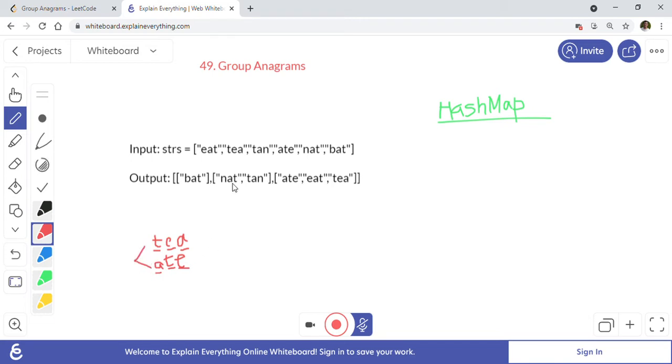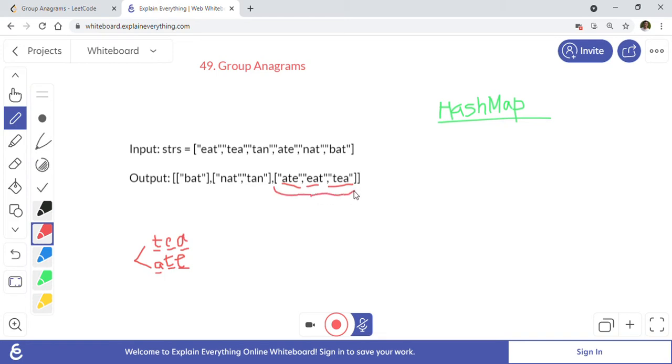We have been asked to group these words based on the letters they are formed with. For example, if you look here, EAT, TEA, and ATE are formed together and form one group, right?